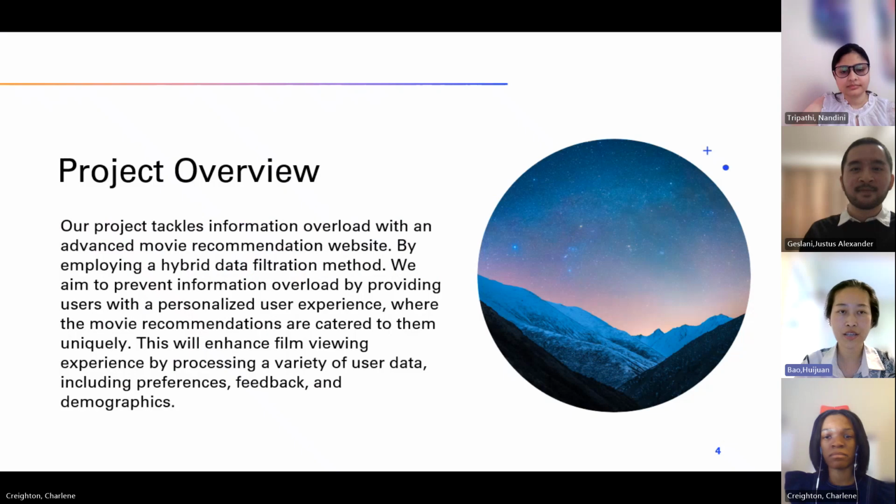So our project tackles information overload with an advanced movie recommendation website. Based on our research, we would like our project to employ a hybrid approach that combines content-based and collaborative filtering. This will fully utilize the advantages of both content-based and collaborative filtering techniques to provide more accurate and diverse